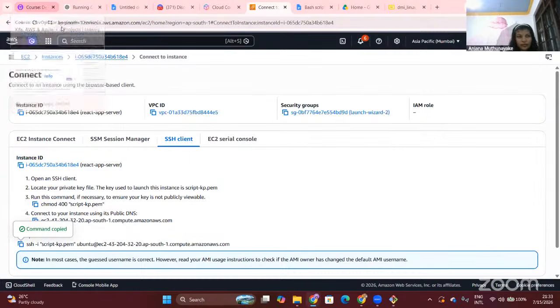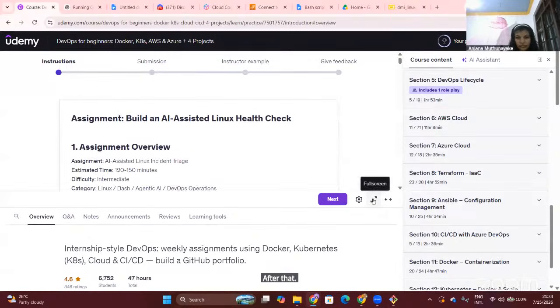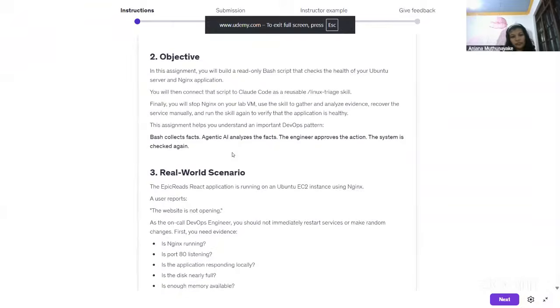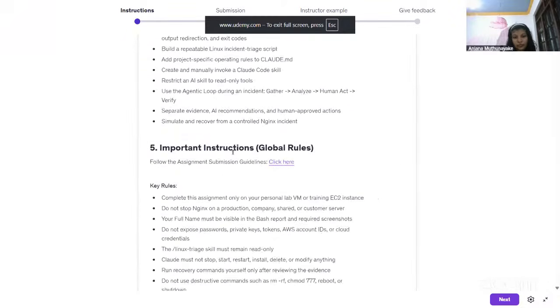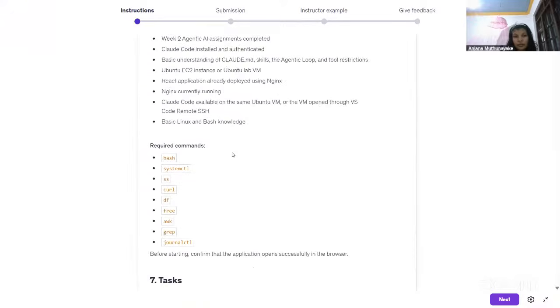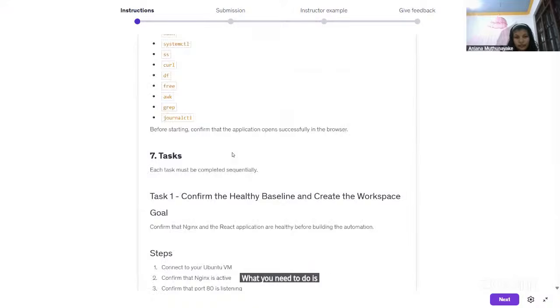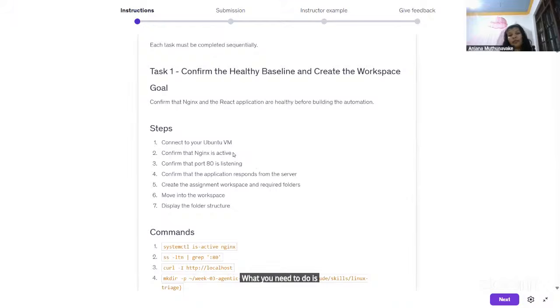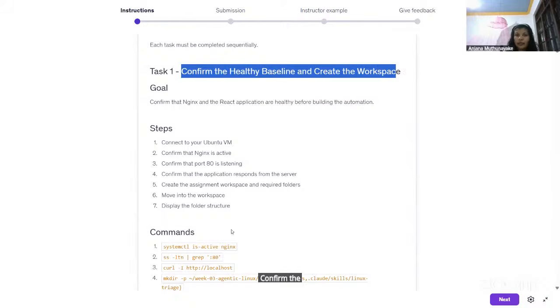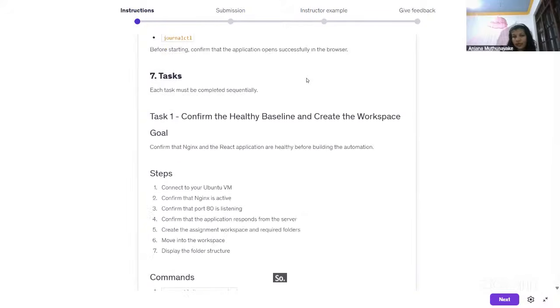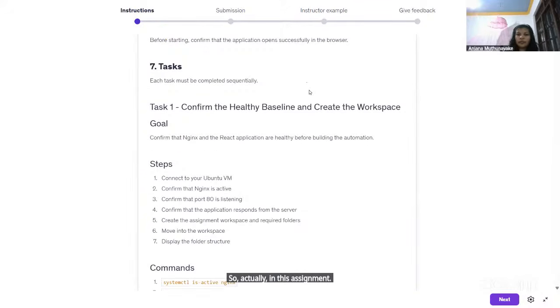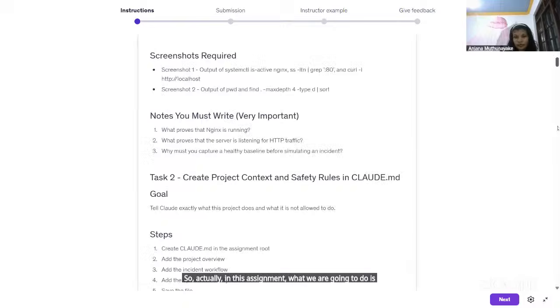After that, what you need to do here is confirm the healthy baseline and create the workspace. Confirm the healthy baseline and create the workspace. So actually in this assignment, what we are going to do is